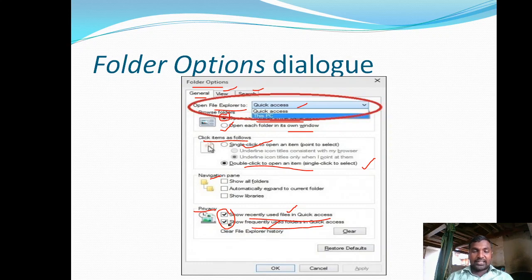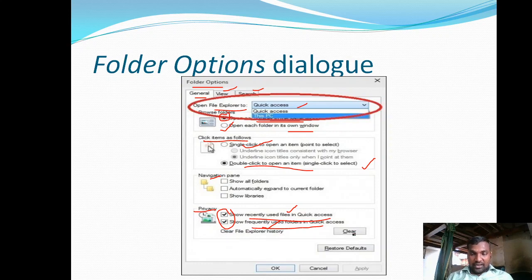If you check both, all the recently used files and folders are displayed. If you uncheck both, it won't display any recently accessed files and folders. You can use both or any one of them. It's up to you.